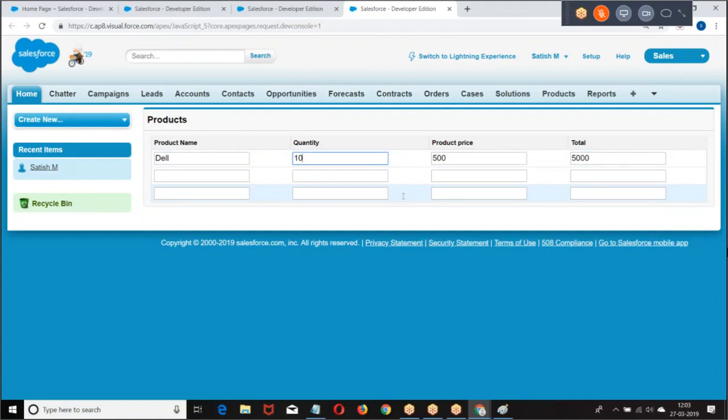If it is only one input text, it is page dot, page block section dot, particular element. But it's a group of rows. In the particular rows, I want to identify the second row quantity. I want to identify the third row price. How do you identify a particular row, a particular element?